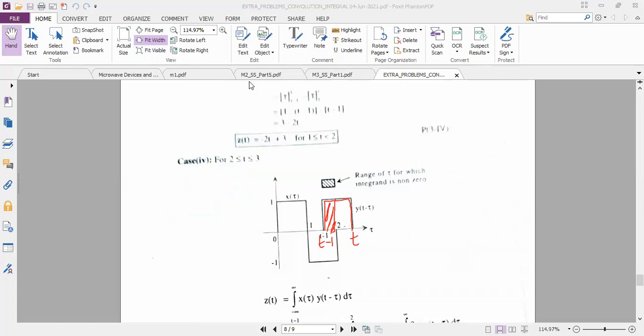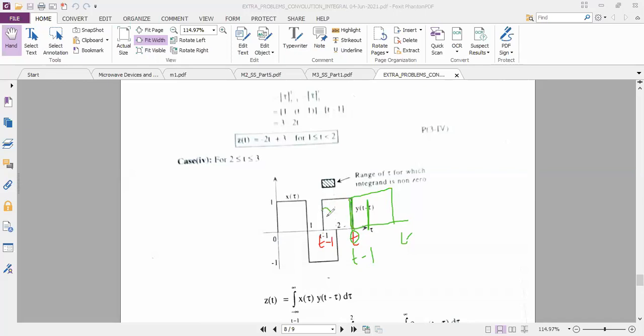So I'm going to do the shifting in the same diagram. See, when I do the shifting as per my procedure, it occupies between 2 to 3, the middle range. So the middle range will be t minus 1 now, and it is t. Now you see, do you have any common portion shared between the two diagrams? No, ma'am. You won't get any common portion.